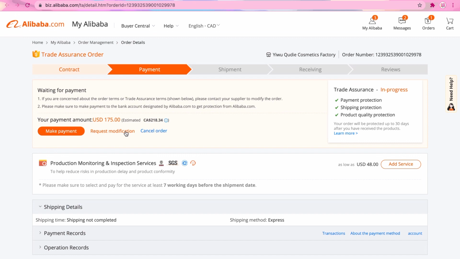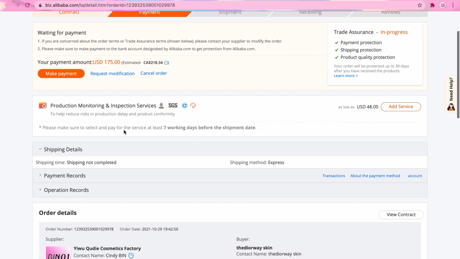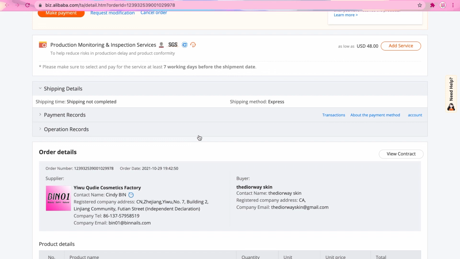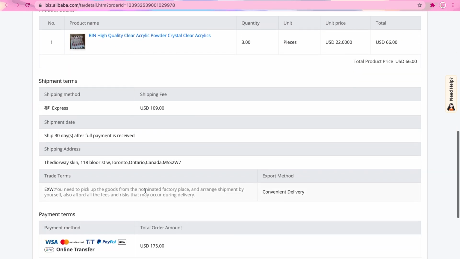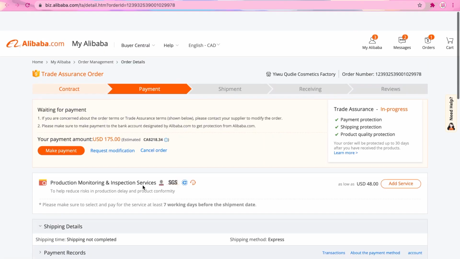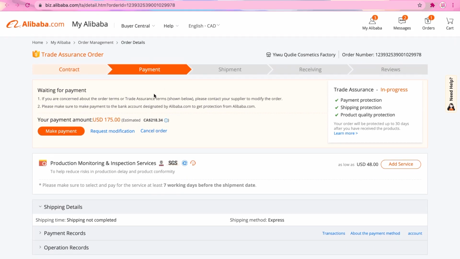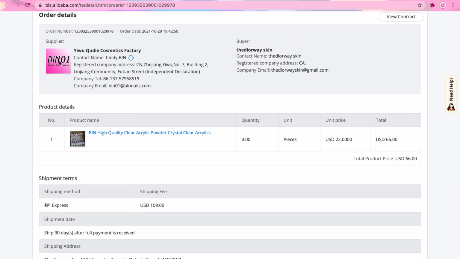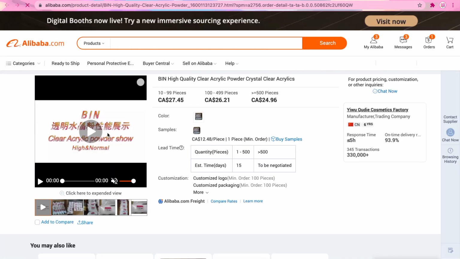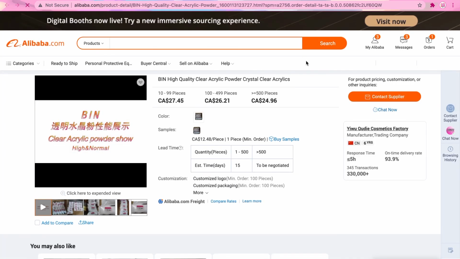So just like on the mobile app, when I was showing you guys, this is what it looks like to make a payment on your desktop. It's pretty much the same. Everything's the same, just laid out a little bit different here. So yeah, it's pretty much all the same. Everything is the same. The only difference that I wanted to show you guys on the actual desktop is just the profile,